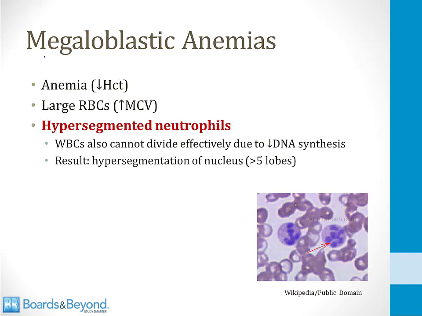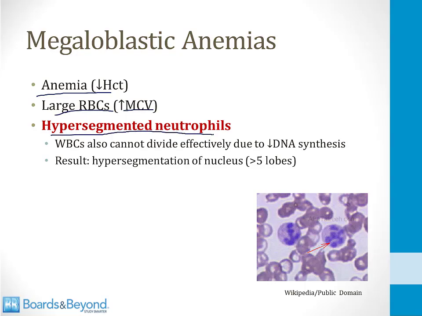normally. The findings in megaloblastic anemias include an anemia. There will be a low hematocrit and low red blood cell count, just like the name implies. The red cells will be large. They will have a high MCV. But what defines megaloblastic anemias and what differentiates them from other macrocytic anemias is the presence of hypersegmented neutrophils on